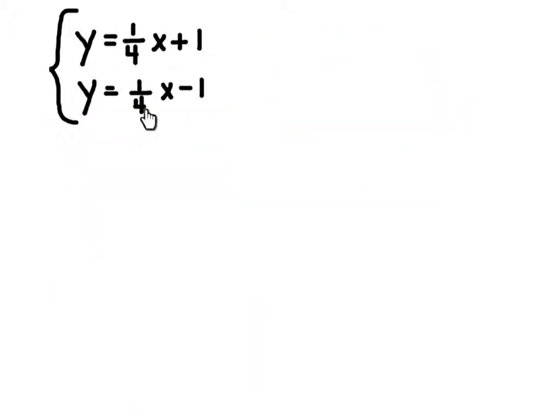Here we have another system of linear equations, and what we want to do here is transform this into two equations in, again, standard form. So we're going to take our first equation and multiply all the way across by 4 to get rid of the fraction, and we end up with 4y is equal to x plus 4. Now, we want the x on the left-hand side, so if we add a negative x to both sides, we get a negative x plus 4y